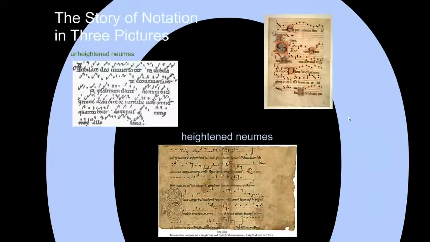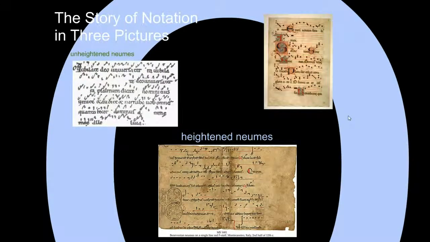Now, if you remember from the last video, when the Roman Empire fell in 476, and really for many years before then, we lost a lot of knowledge, and among the knowledge that we lost was a system of notation. So that system that we saw in the Greek song and the Hurrian song from last video, that's lost. In fact, one philosopher went so far as to say that unless sounds are notated, they are lost to mankind forever. Because there was no known way of writing them down.